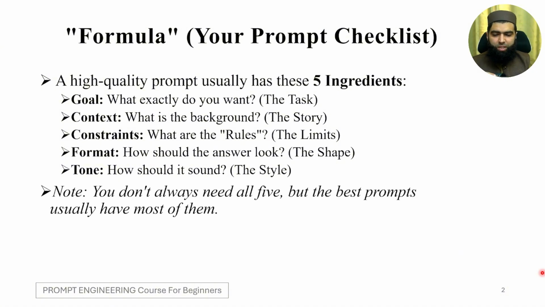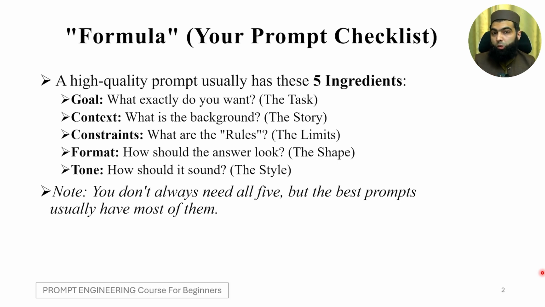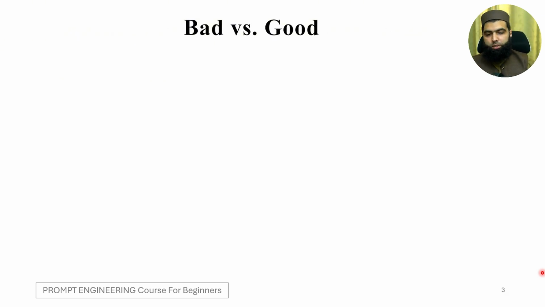The thing is that you don't always need all five. It isn't necessary that for every task you write your prompt according to this checklist, but you should be aware of when to use which one. It is like having a lot of weapons with you when you are going to fight, but you don't utilize all the weapons at the same time. You use each weapon for that particular purpose whenever it is needed. So when you have these concepts clearly, whenever you are communicating based on such knowledge, the prompts that you write will be very clear and very to the point.